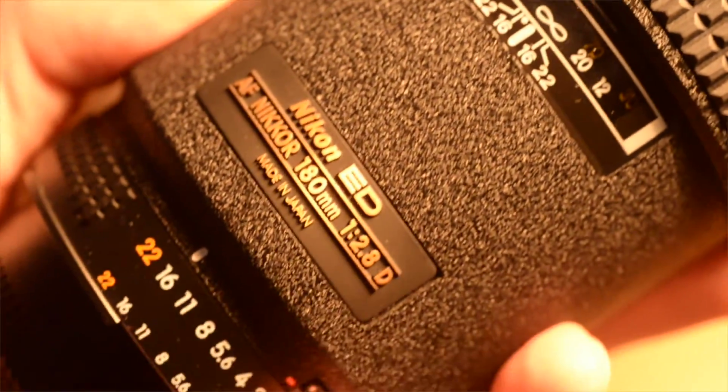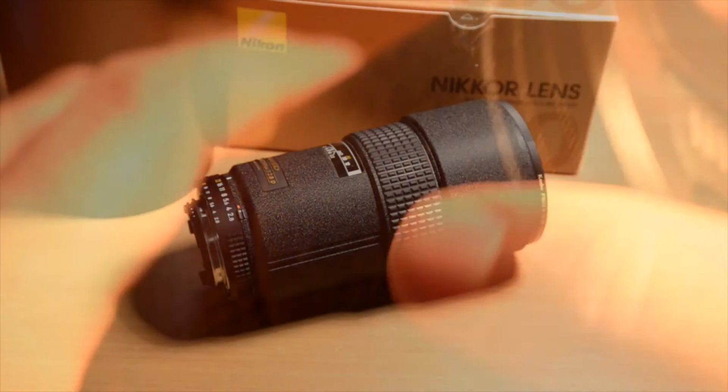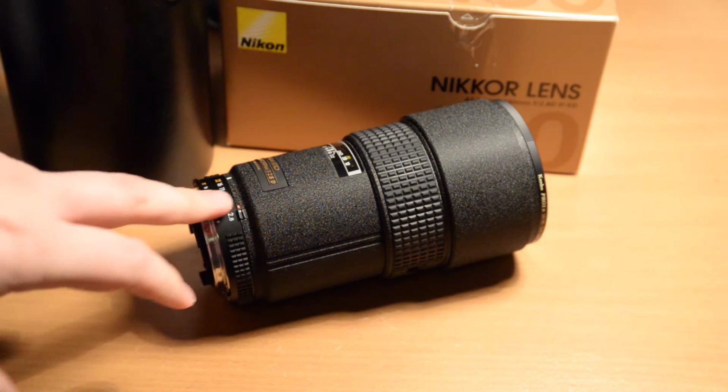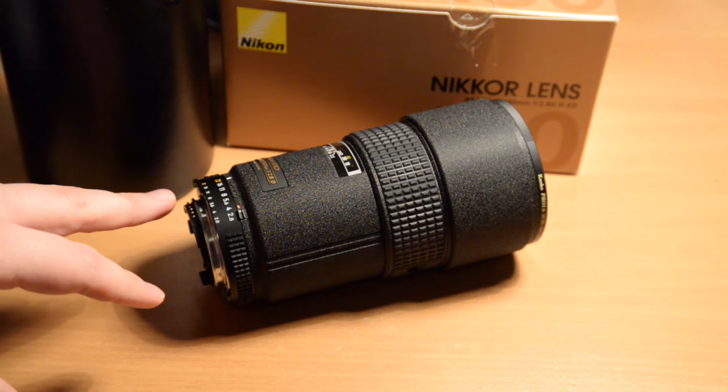So I think that's all there is to say, except that this is now quite an old lens. It came out in the 1990s, and Nikon are in the process of upgrading their fixed focus lenses. This is still available new, but I would expect it in the not too distant future to be upgraded to AFS and probably VR, which is vibration reduction, which most long lenses from Nikon tend to have. In the process it will lose the aperture ring and become a G lens, and will probably also have a rubber seal on the lens mount,